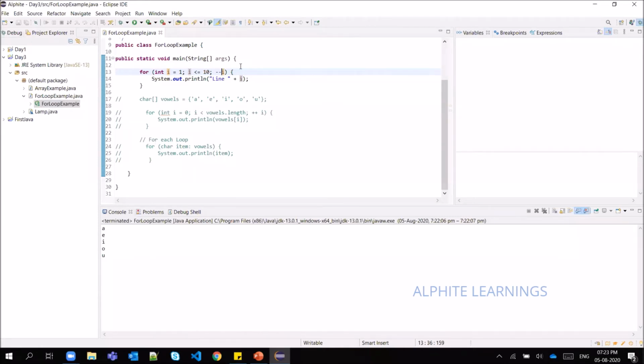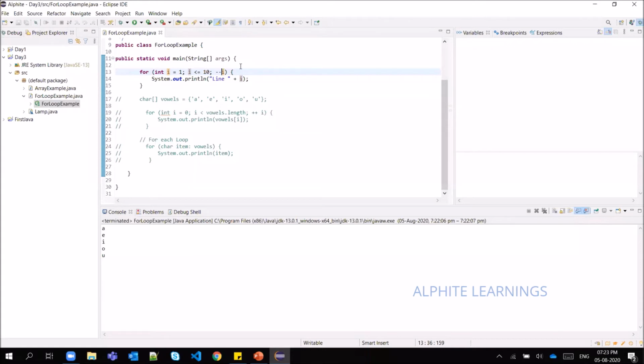So the value will go down to 0. And what will happen? The 0 will get checked for being less than or equal to 10. In that case also the condition will be true, the value will get printed, and again it will get decremented. So what happened is it is infinite. There is no end for this loop.